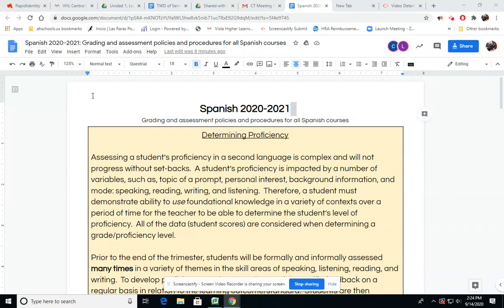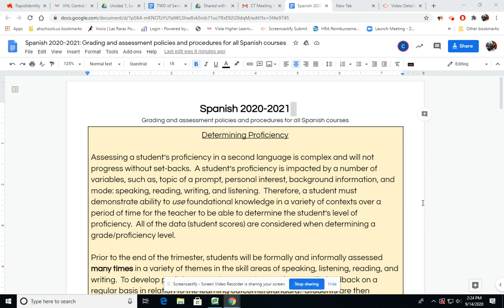You do have to read this whole document yourself. It's self-explanatory. You becoming proficient speakers is at the heart and soul of what we do in language classes. So that means you have to devise a whole entire system: how your classes are set up, how your classes will be graded, what you're using to teach those classes, etc. There needs to be a whole entire system that's working together to support that.